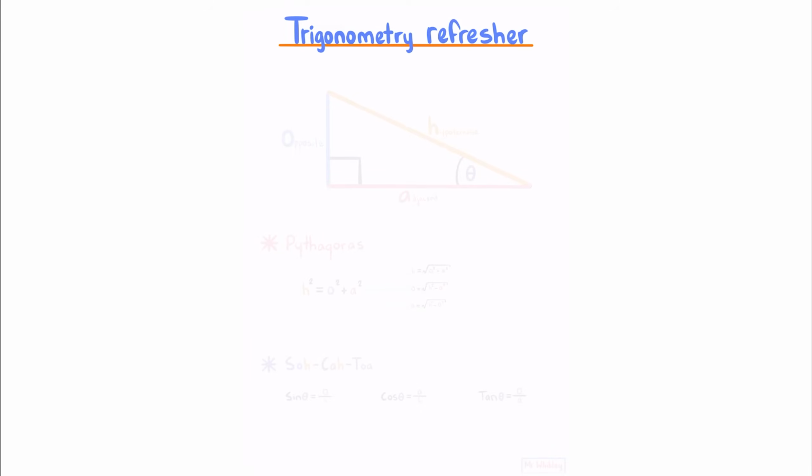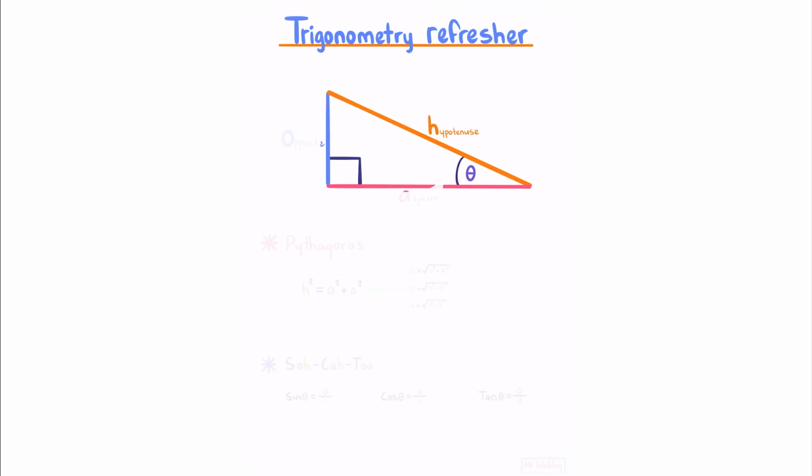Trigonometry refresher. In this course, you're going to be doing a lot of trigonometry. For this reason, it will be assumed that you know the basics of Pythagoras and SOHCAHTOA. For this reason, it's worthy of a recap. If we have a right-angled triangle, the longest side is what we call the hypotenuse, and if this is defined